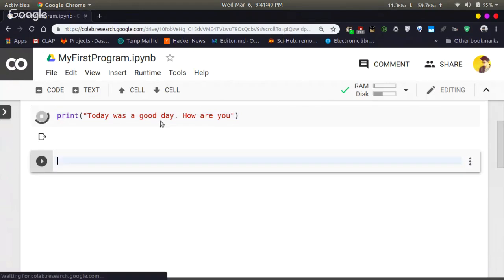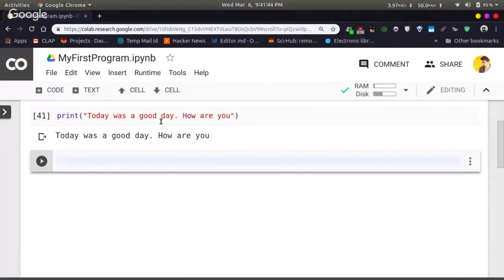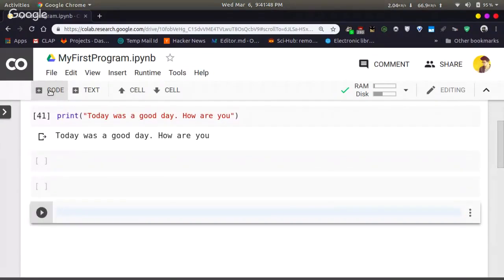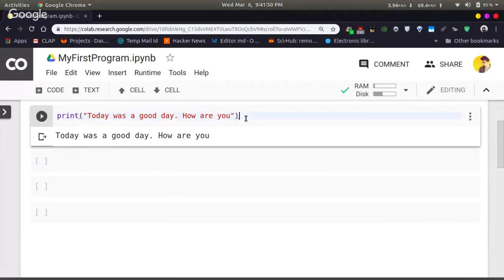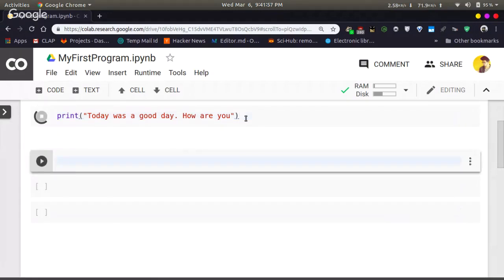See, it will run that code and create a new cell for me, so that every time you don't need to keep pressing this button again and again. All you need to do is run by using Shift Enter. Okay. So this is what a print statement is.